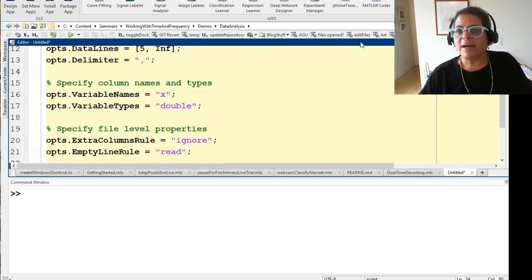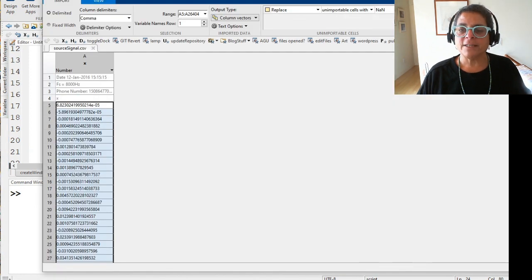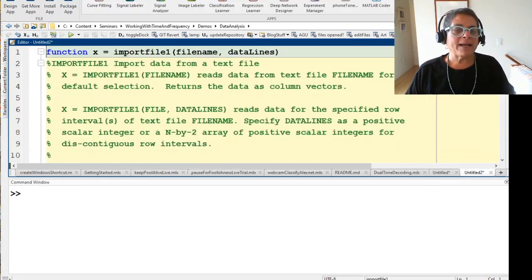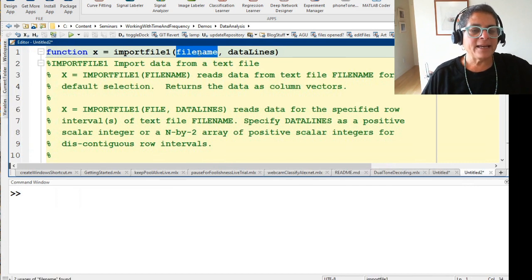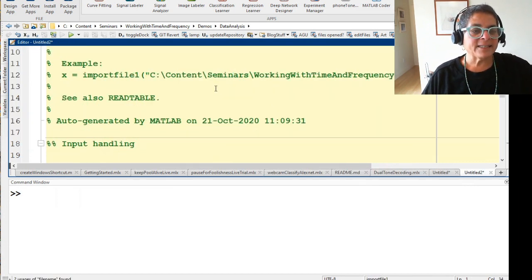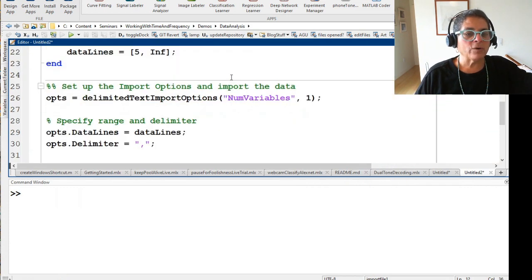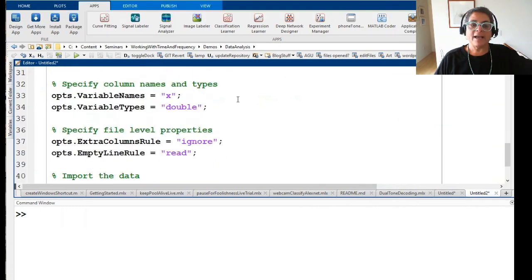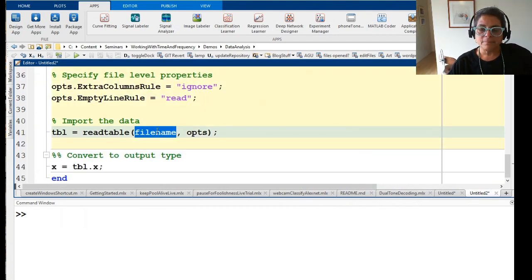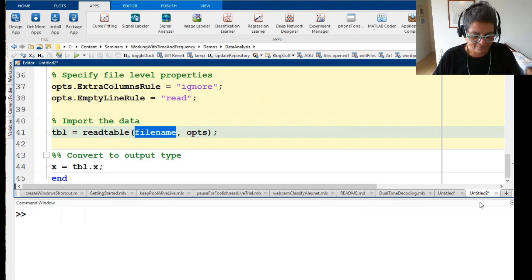Well, I might think about perhaps creating a function instead. So if I generate a function, what it allows me to do is pass in a file name instead. And now you'll see it gives us an example, the one we just used, but instead of using the actual hard-coded file name, it reads the file name in. So I can save this. Let's save this as